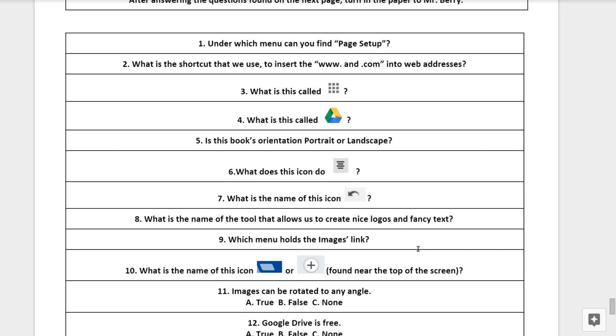Question number 3. What is this called? Number 4. What is this called? Number 5. Is this book's orientation portrait or landscape?